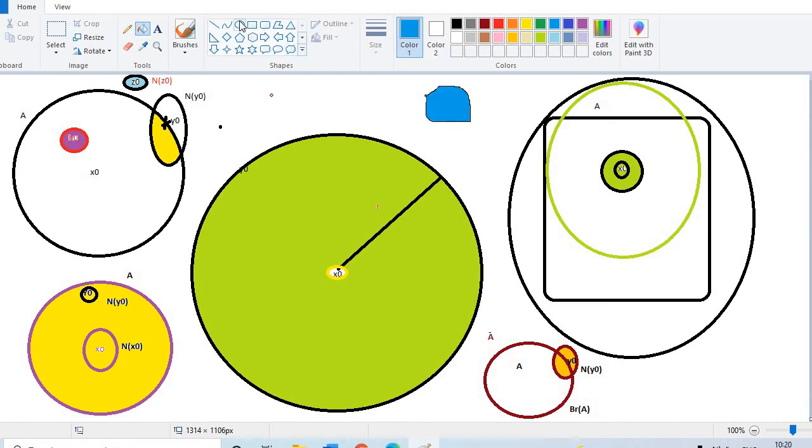Okay, so if we consider the origin, if we consider a point here, center,